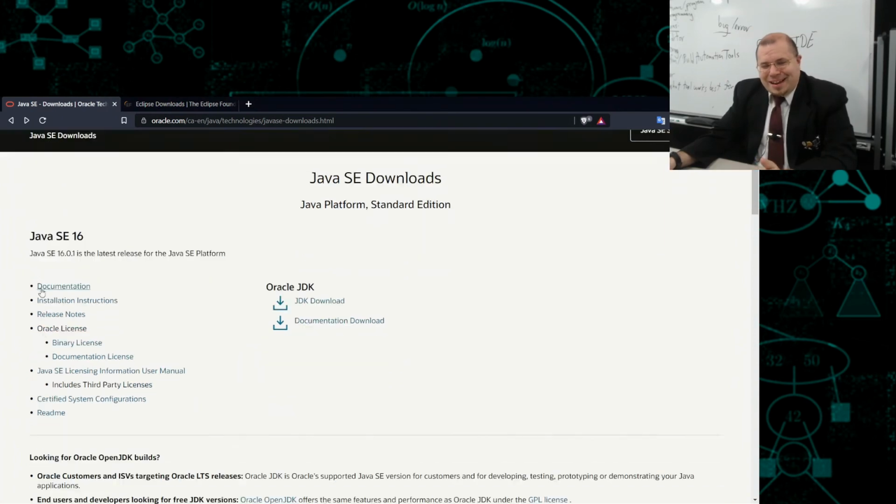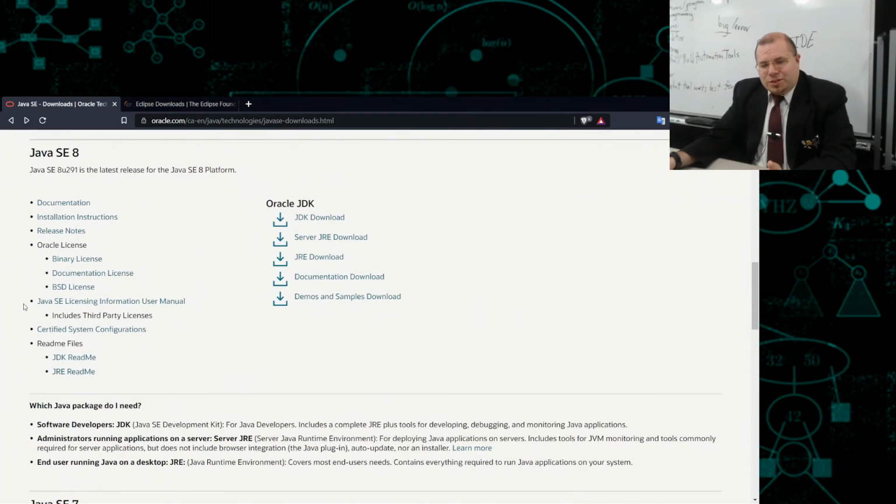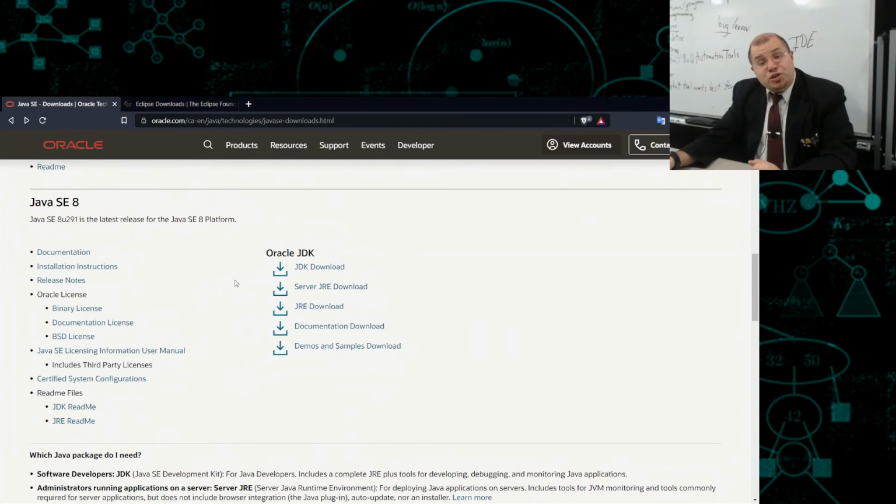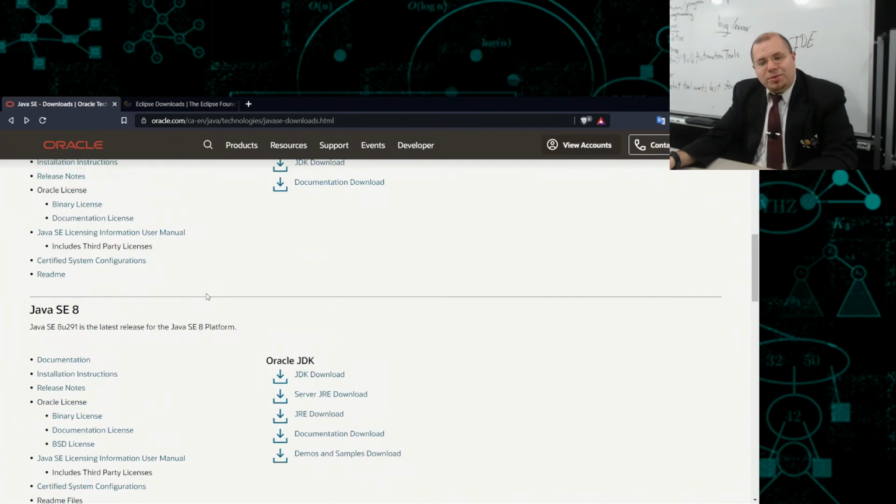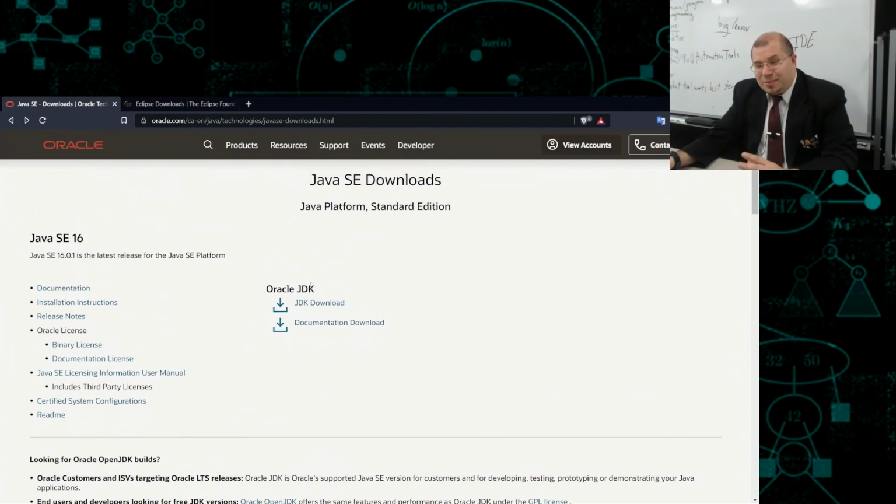So anyways, with that being said, you'll find that there's a variety of versions here. If you need, say, for example, a 32-bit system, so for example, if you're using an older Windows system, you may consider using Java SE 8. So the 8 version here, if you just go to JDK download, you can follow through the similar steps. You may have to make an account here.